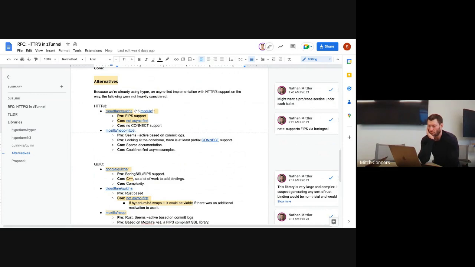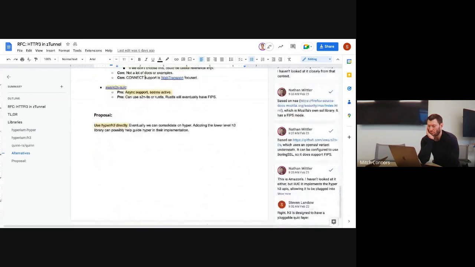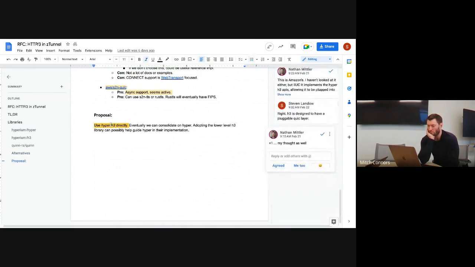But my proposal is that we don't wait for all of these things to support what we need. We contribute upstream and we still stay within the Hyper ecosystem and use their H3 library, which is a little bit lower level than the library we're currently using for H2.